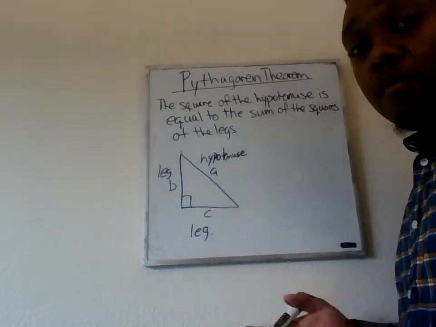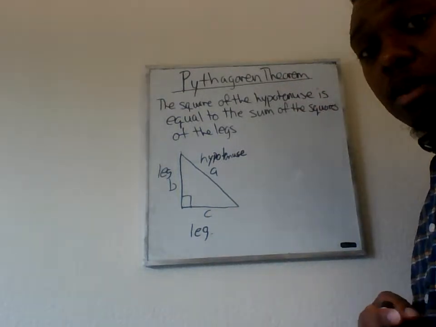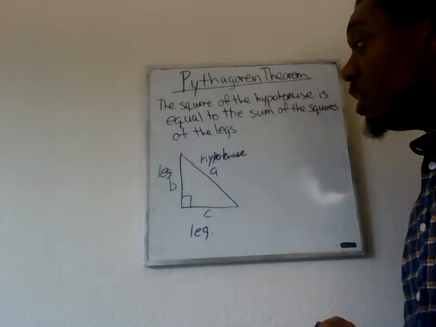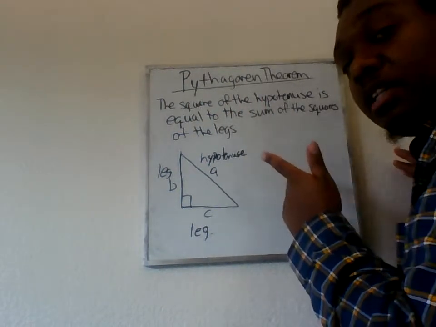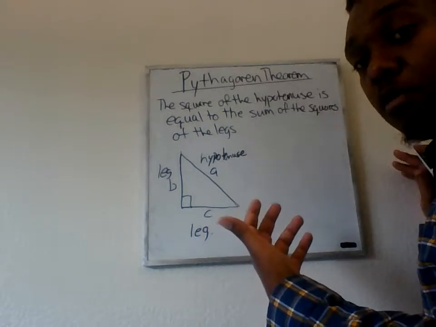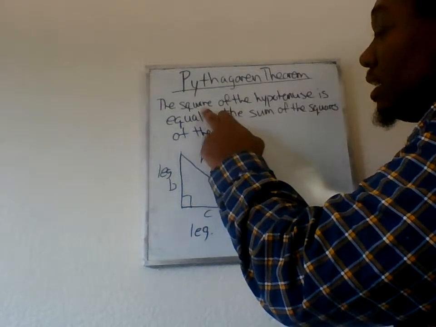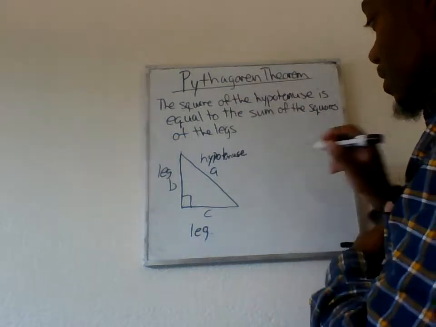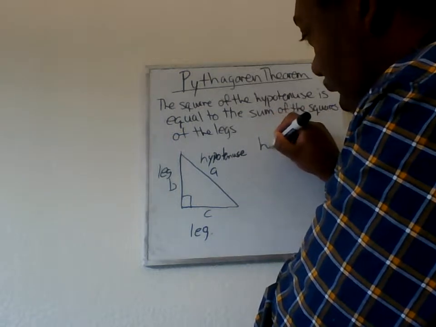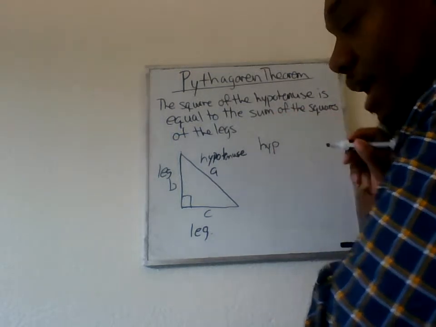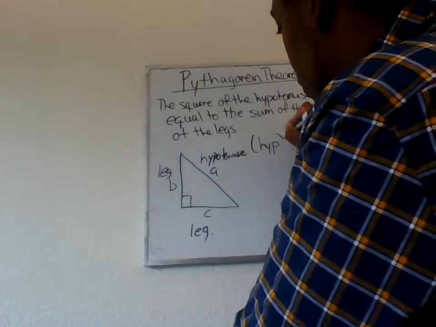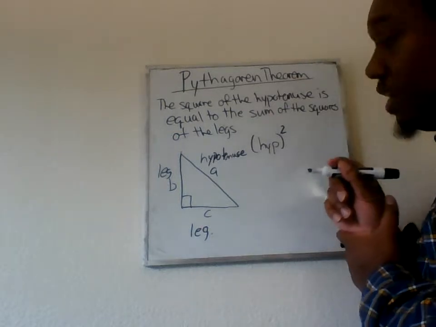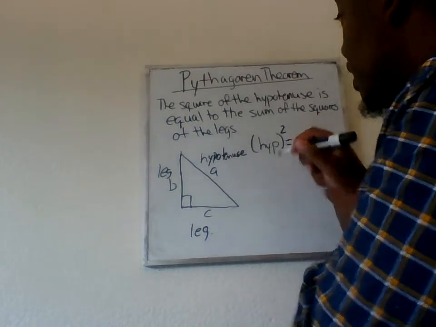Okay. Now, from translating our word problems into an algebraic equation, we know that we can read the Pythagorean theorem and come up with an equation for it. Well, it says the sum. It says the square of the hypotenuse. So I'm going to label the hypotenuse HYP instead because I don't want to spell out hypotenuse a lot. So hypotenuse squared is going to be equal to